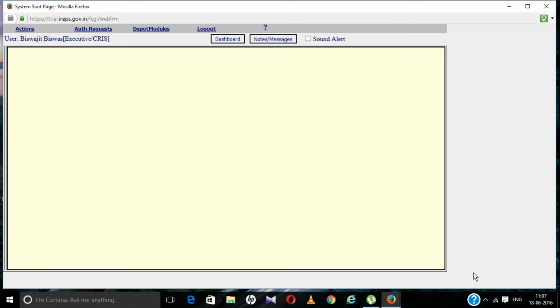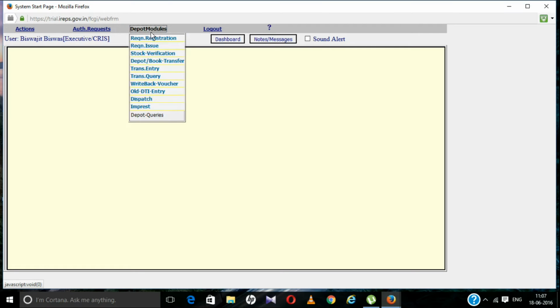In this video, we will see one of the most important aspects of VART functioning, that is the stock verification, whether it is depot stock verification or account stock verification. And be very careful, because if you enter any wrong data in this system, it will generate a stock sheet. So see the whole process very carefully.